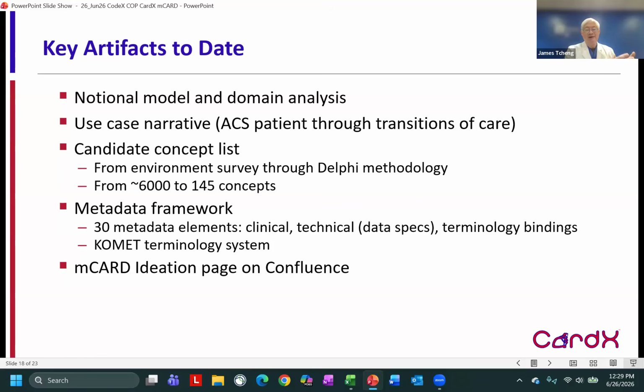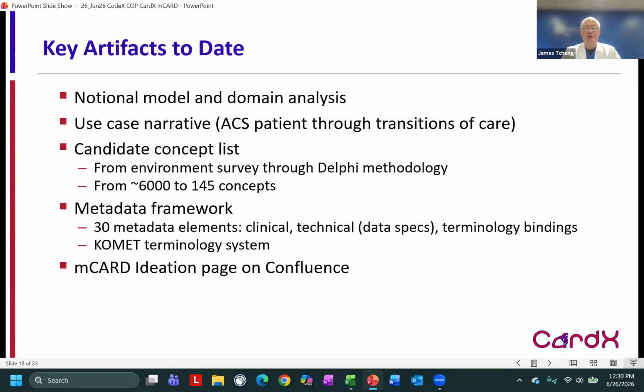And again, I can't think of a better one than elective to urgent to emergency department to hospitalization to procedure to longitudinal care. So that's part of the reason why we decided to describe a patient with an acute coronary